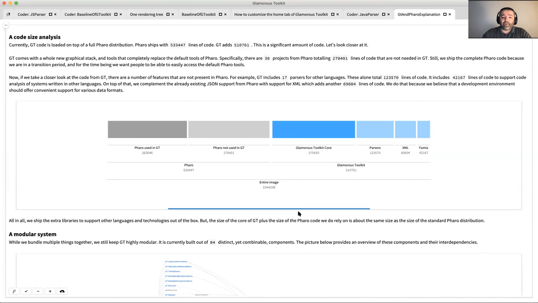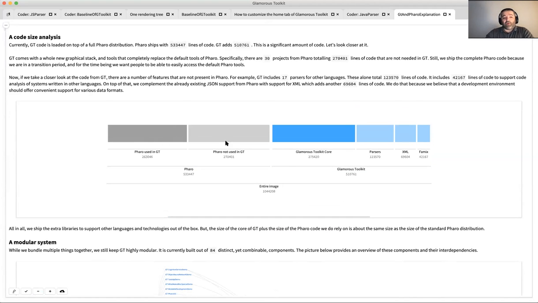Glamorous Toolkit and Faro. So for example, right now, this image here has more than about 1 million lines of code. And of those, half of it comes from Faro and half of it comes from the code that we are shipping with Glamorous Toolkit. And in Glamorous Toolkit, we have the core of it. And then we have all these parsers for all sorts of languages, like 12 languages, XML, and this high-level model